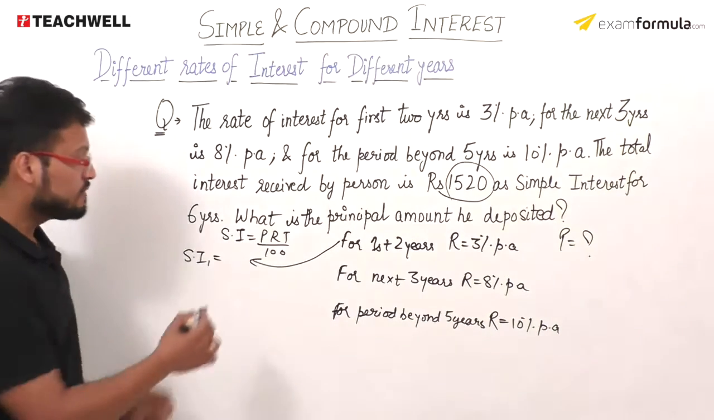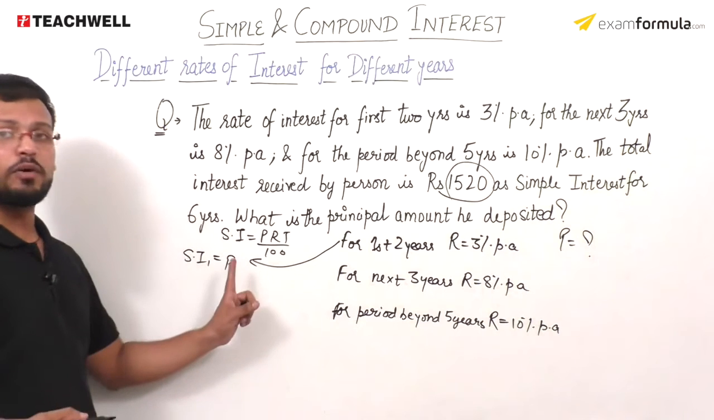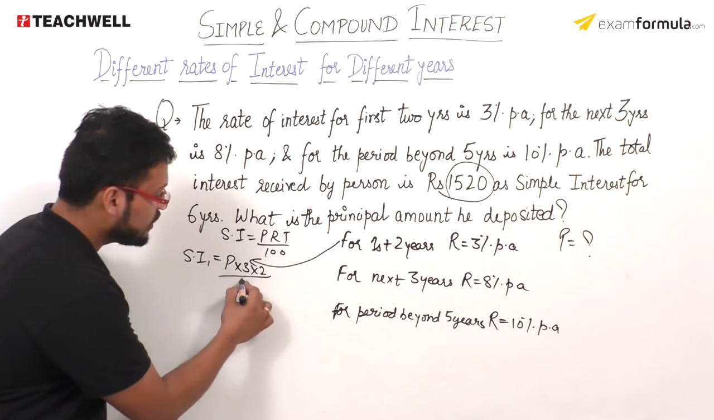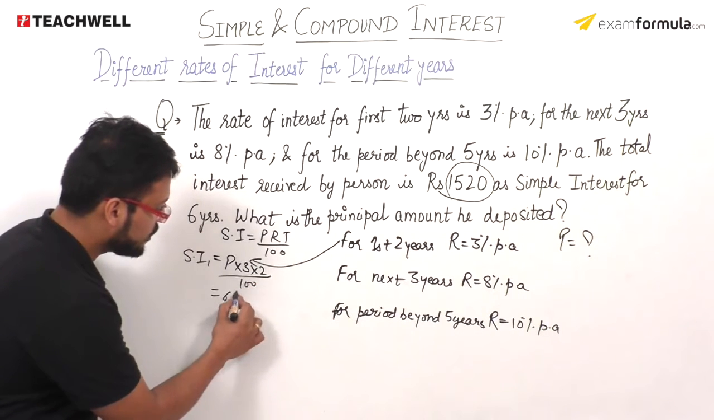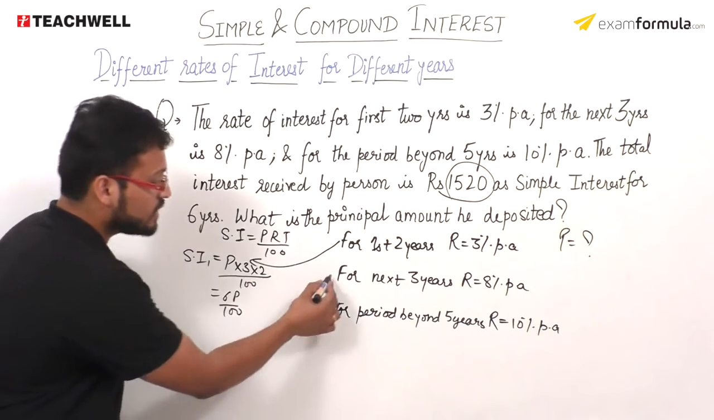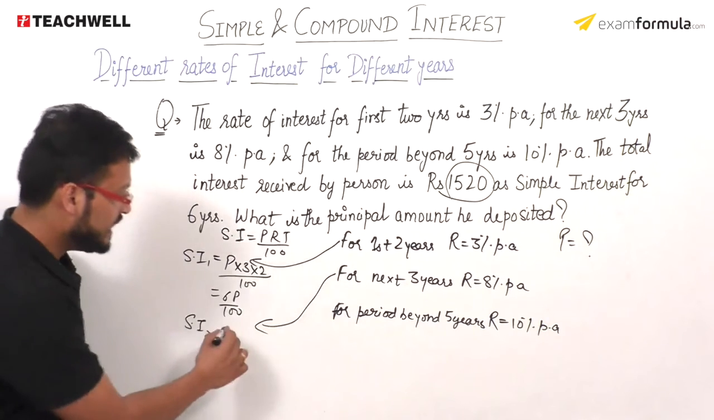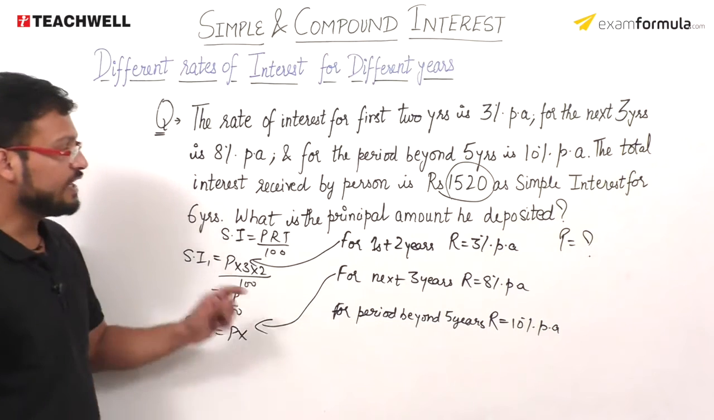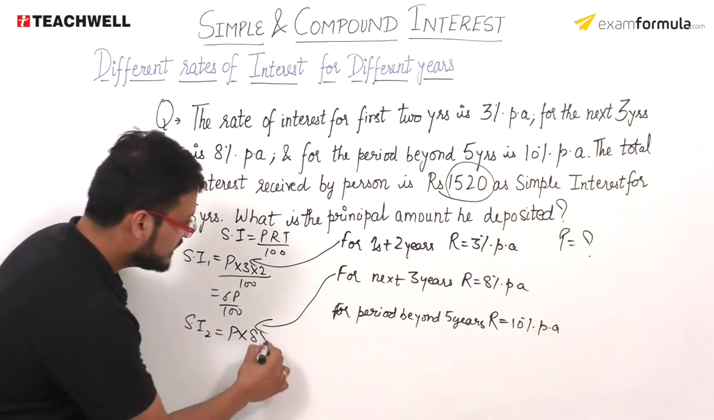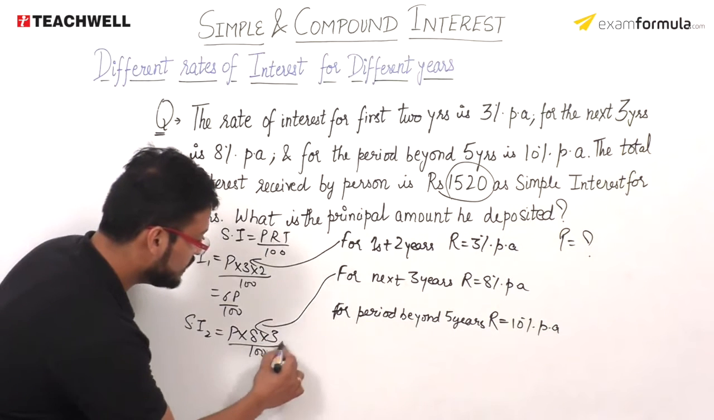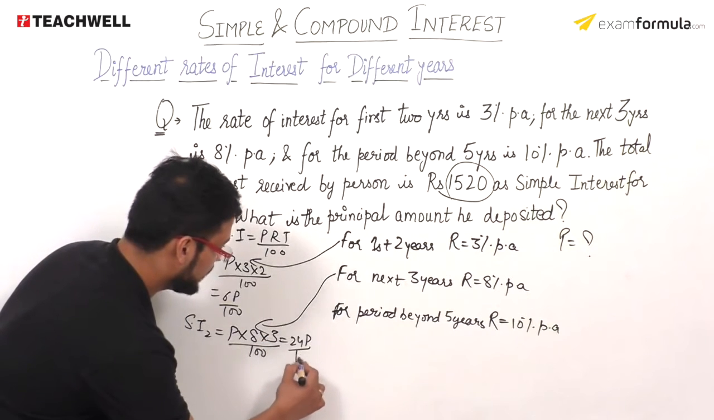Let us consider the simple interest for the first 2 years is denoted as SI1। so मेरे पास में P कितना होगा? P is my amount deposited, rate of interest is 3%, time is 2 years upon 100, so this will be 6P upon 100। बात करता हूं फॉर नेक्स्ट 3 years, सो इट विल बी SI2 P into rate of interest, it is 8% per annum, time period is 3 years divided by 100, so it will be 24P upon 100।